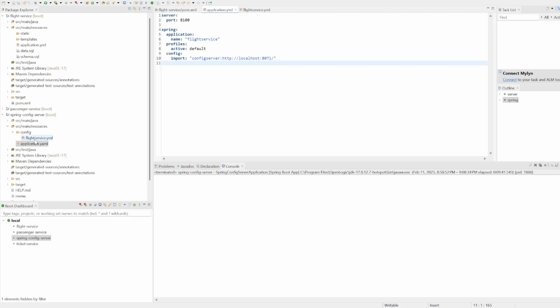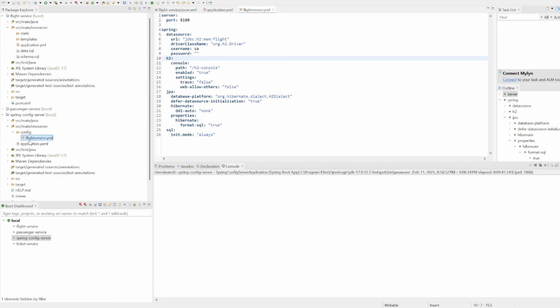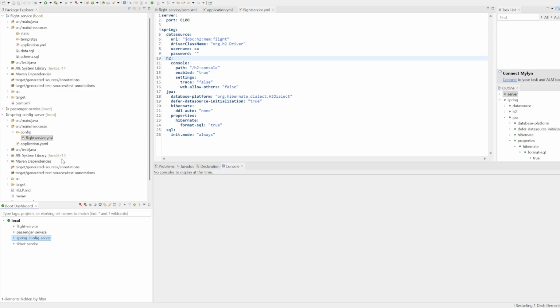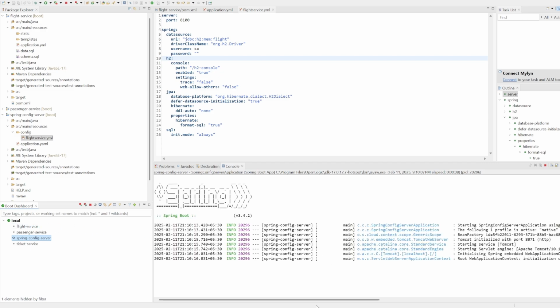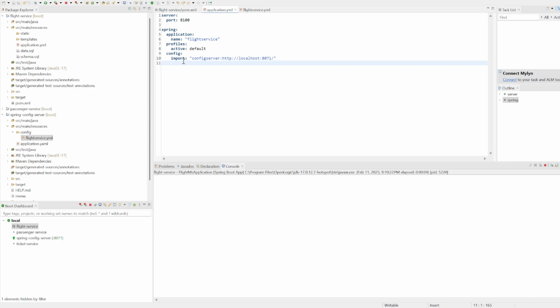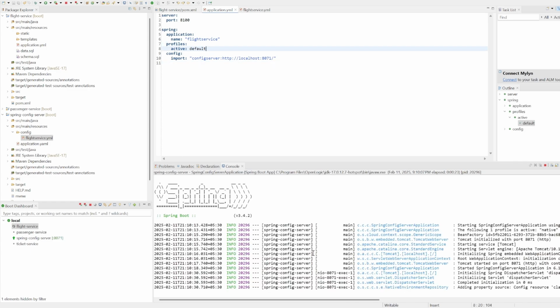Now I have already renamed this application property name to flight service. And now first I need to start the config server. Once the server gets started, I should be able to start my flight service. So the config server got started. Now I will start the flight service. And now if I look at it, I should be able to pick up this property and it won't fail,